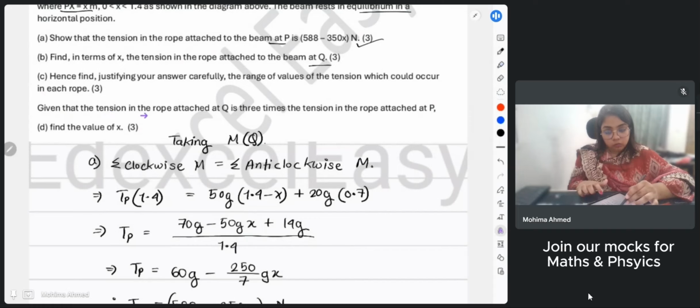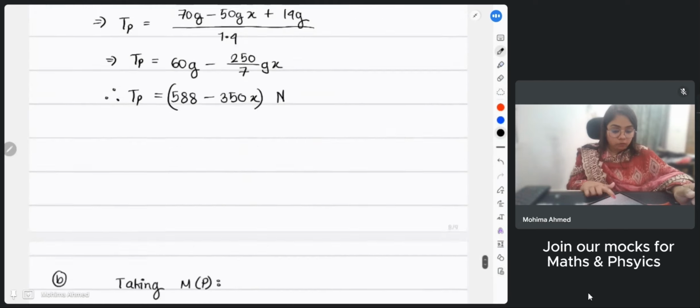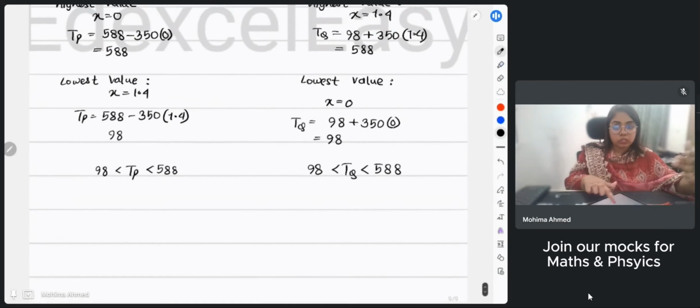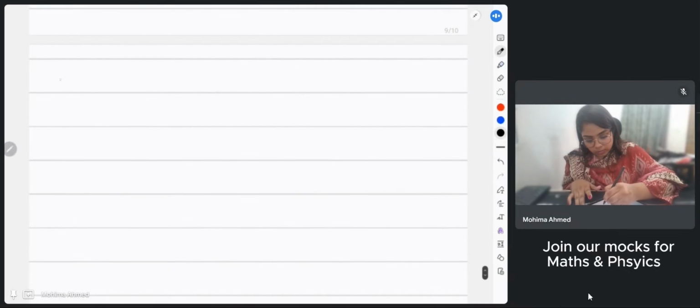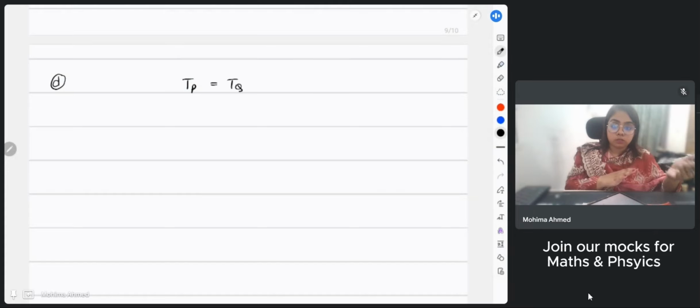to Q is 3 times the tension to rope attached to P, we need to find the value for x. Okay, so Q is already 3 times greater than P. In order to make it equal over here, I'll obviously have to multiply 3 to the point of P because it is already smaller. For part D, if I want to make them equal, TP is equals to TQ. I already know that Q is 3 times greater, so I'm going to multiply 3 over here to make it